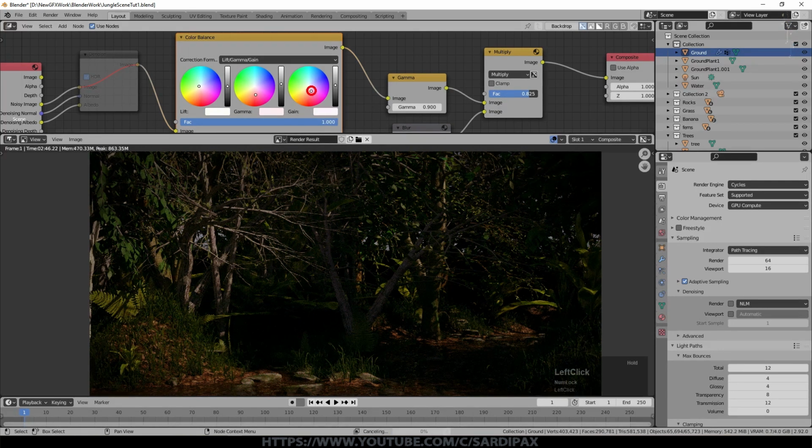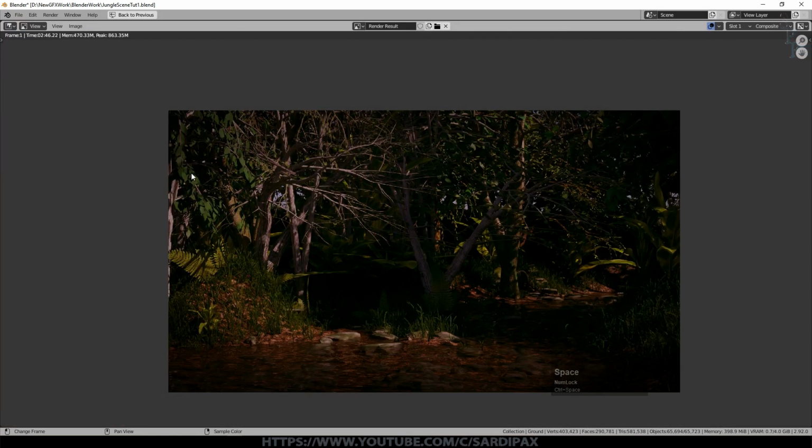And in this case, I'm looking more for a sort of lush woodland or forest or jungle scene, somewhere around there. You just need to move these around a little bit. And of course you can play with these sliders slightly as well. And then we can unmute our denoise node. So I'll just press M to remove the mute, wait for it to composite. And that's all there is to it.